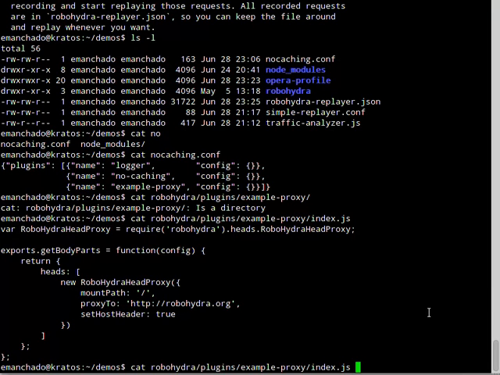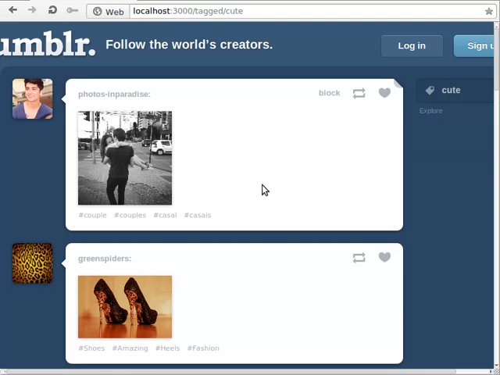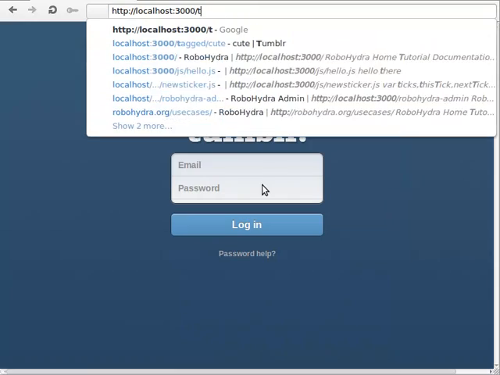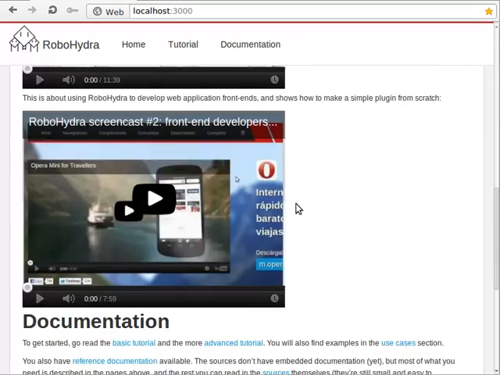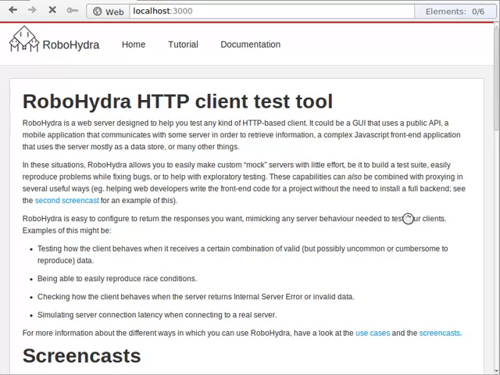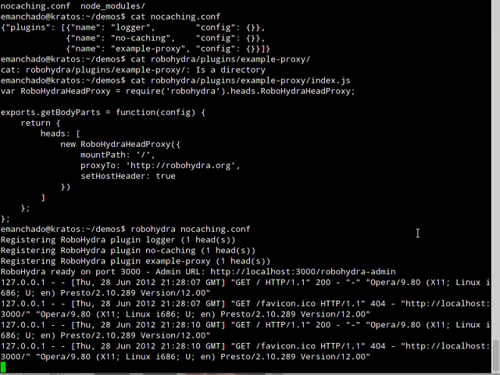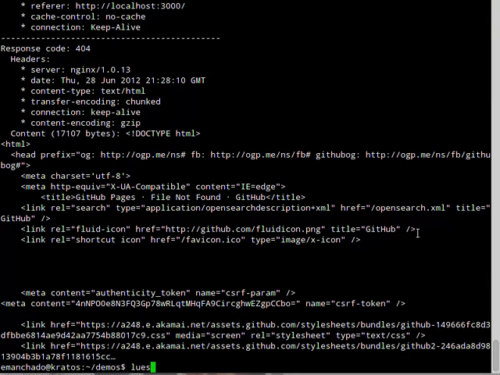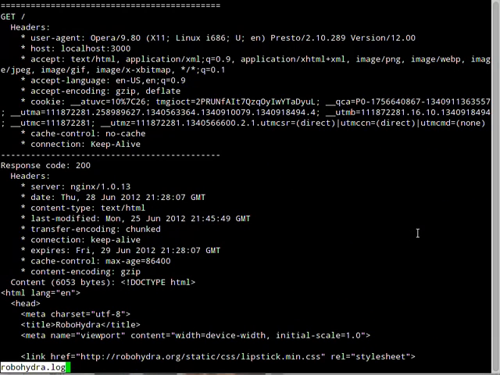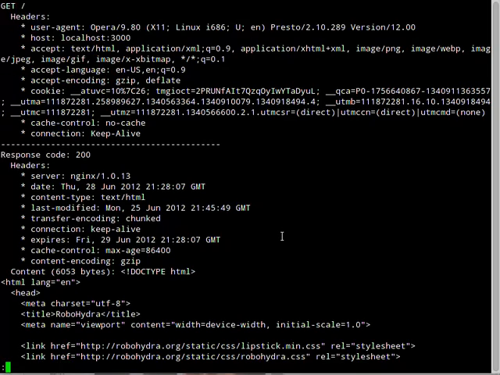So let's start RoboHydra with this one. No caching, yes. And let's see what we get from here. We get robohydra.org because that's what we are proxying to, and we reload a couple of times, and then we can see in the robohydra.log file, let's open this with less, we can see that we have a log here of all